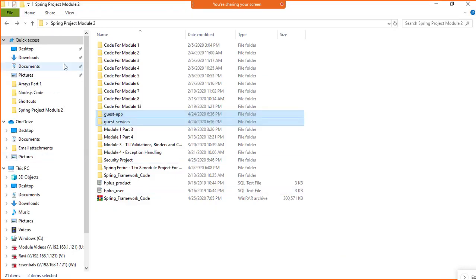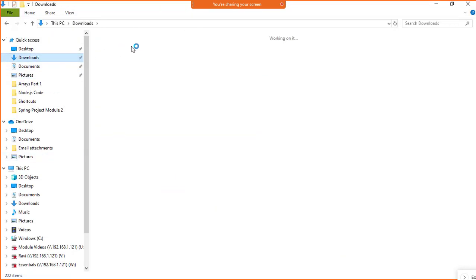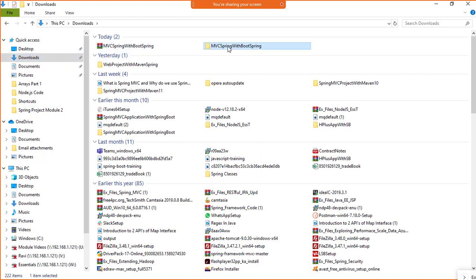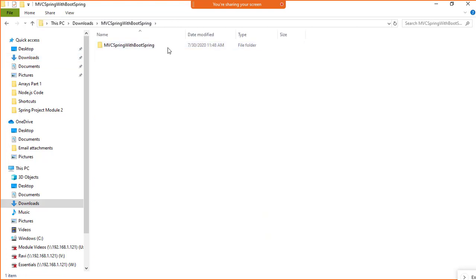What I need to do is, in my downloads folder, I need to take this project, cut this, right? I need to take this because this is the project that we need to open.